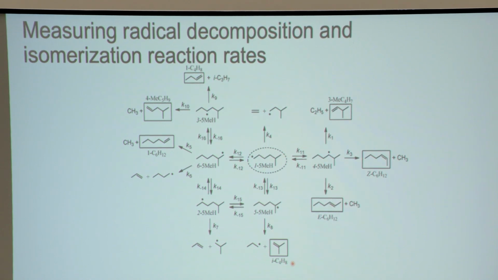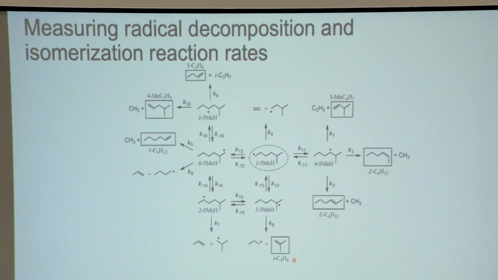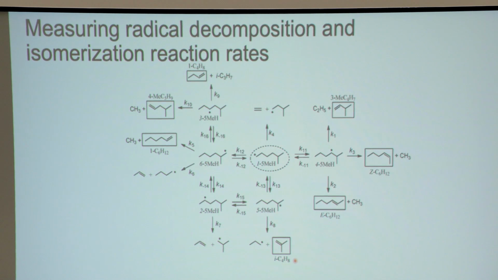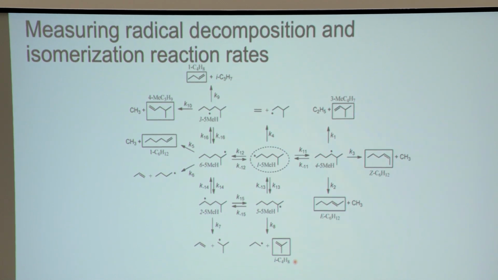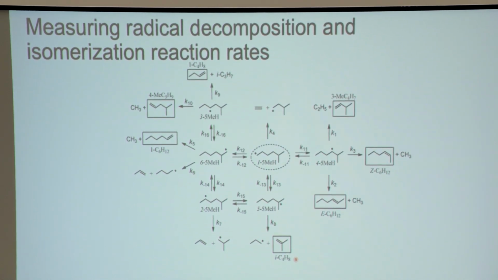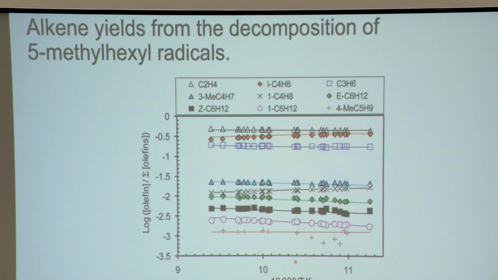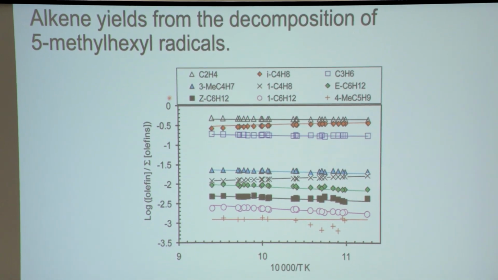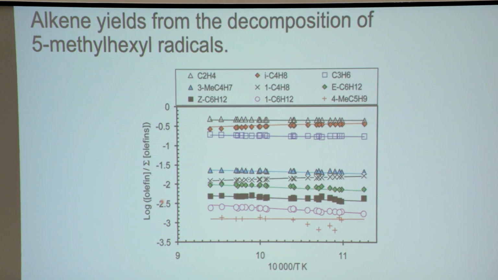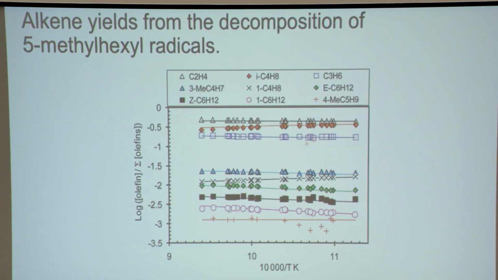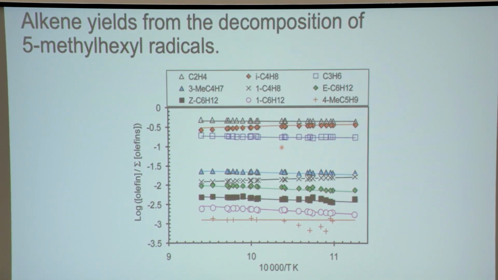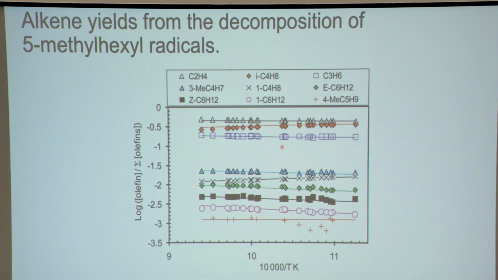And in the experiments, they have a GC, and they have a fast sampling valve. They open the valve, they measure the products at different temperatures, and then those concentrations of those species are related to these different pathways. And this is kind of how they'll develop it. This is a log of the concentration as a function of temperature for all these different species. And then they have all the reactions, and they